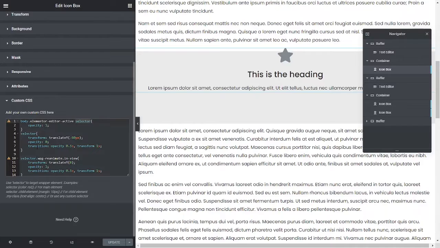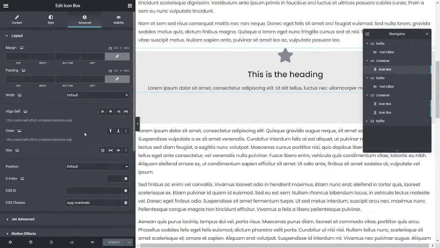So whether you use a child theme, whether you use Elementor's code blocks, whether you use code snippets, or whatever you use, wherever you put this, you would create a unique class name instead of the keyword selector. So selector just means it's targeting that one widget. We add a class name to that instead, and then up in the layout, we add that extra class name. So this could be animate down or fade down,